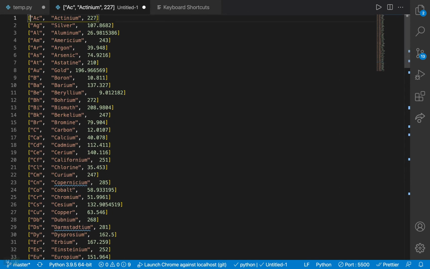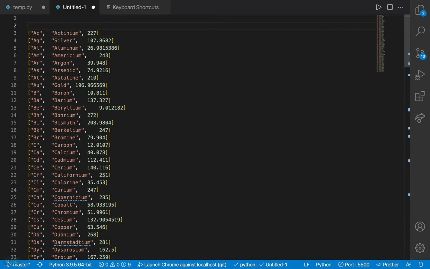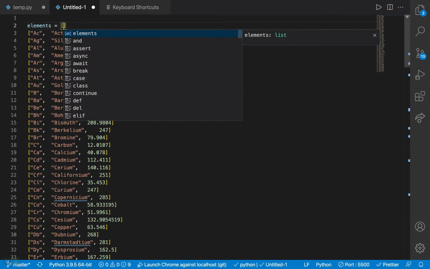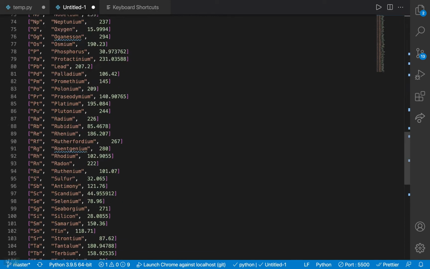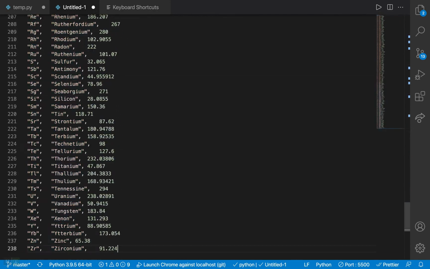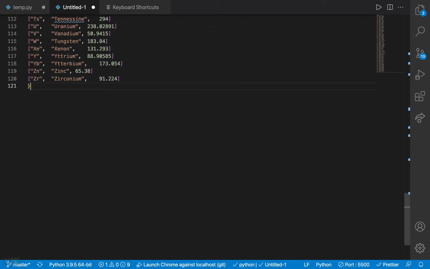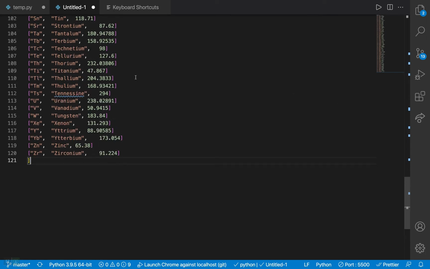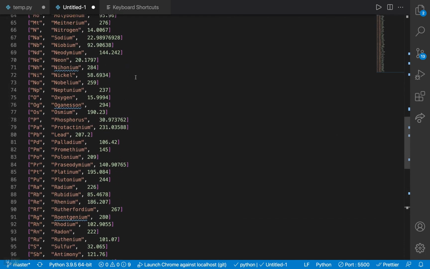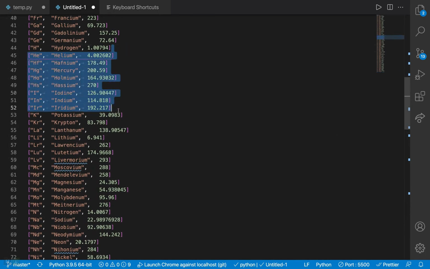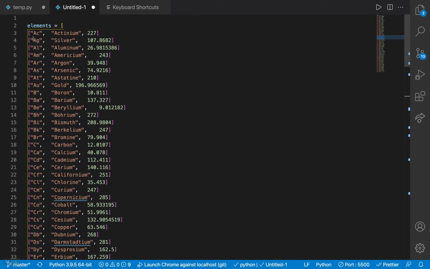But if I wanted to, I could say, hey, I'm going to make a list called elements. And then this closing curly brace, I'm going to put at the bottom here. Okay, so now I have a list of lists. The only thing is I need a comma at the end of each one of these. We could very easily do our add cursor below command, and then hit Command right or your End key to go to the end of the line,